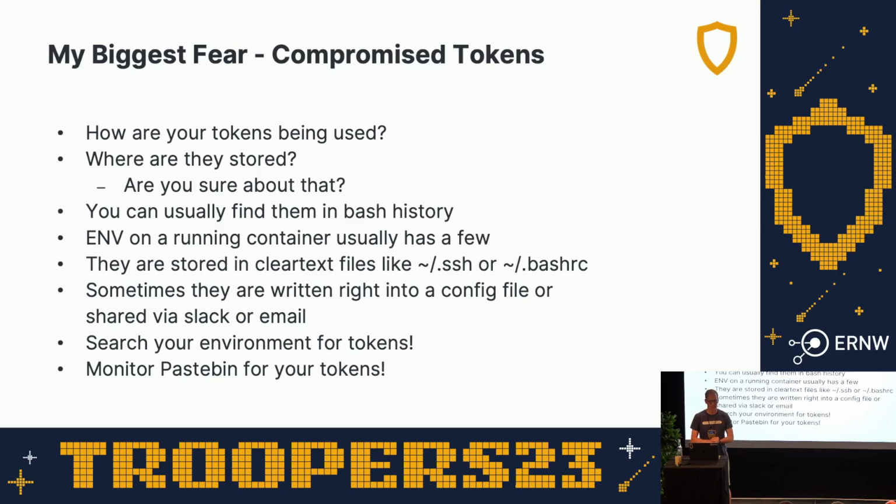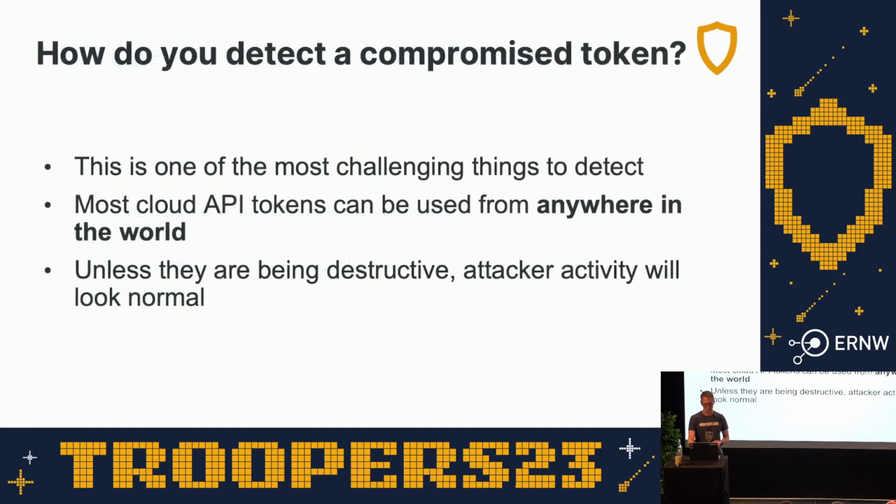I definitely recommend something like TruffleHog or any of these systems to go search through Slack, search through your email, your documents, your file servers. People share these things. People will post logs from when they're troubleshooting things, and they'll contain these tokens. They're everywhere. It's a huge pain in the butt. Monitor Pastebin for anything that looks like your stuff. There are services out there that are absolutely worth it. These things are everywhere, and they're a huge pain in the butt to keep track of.